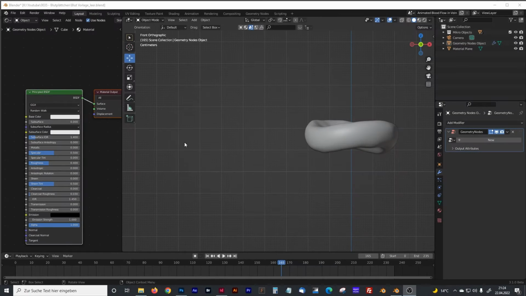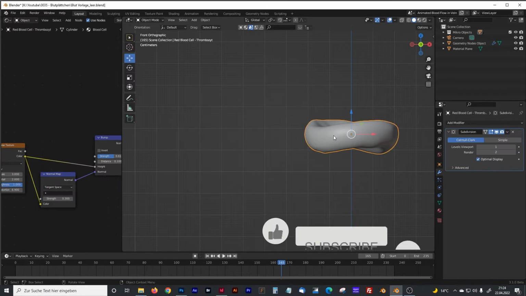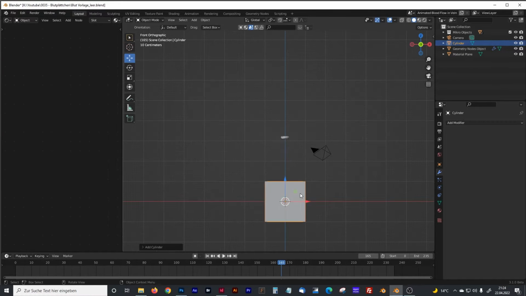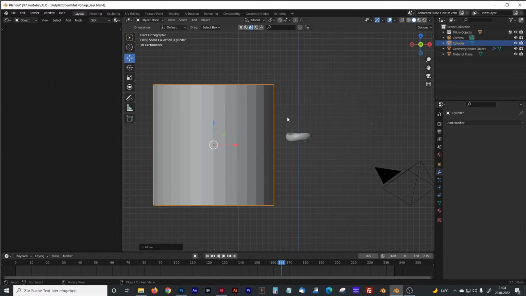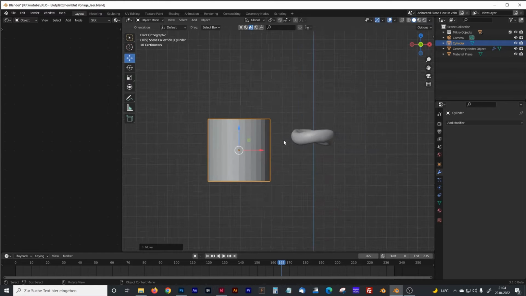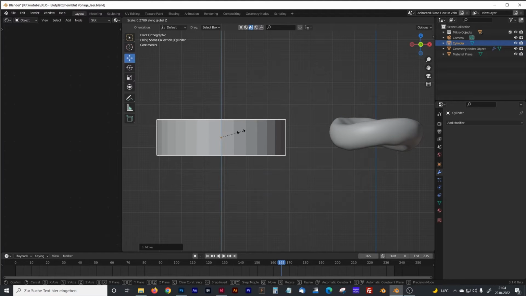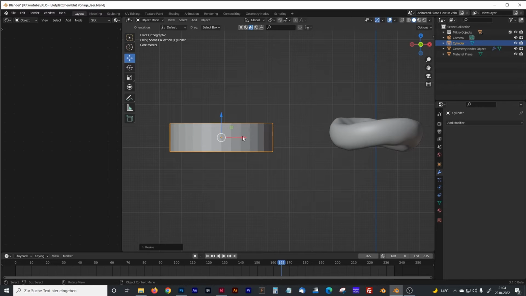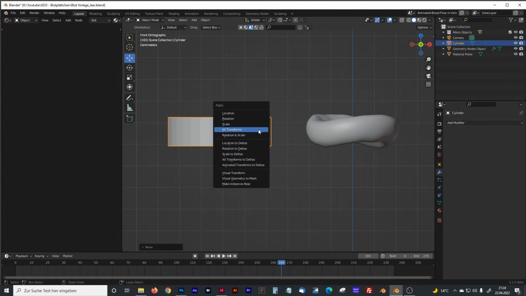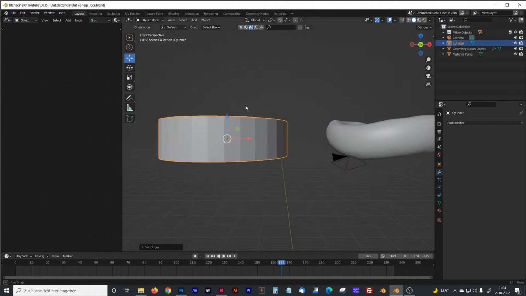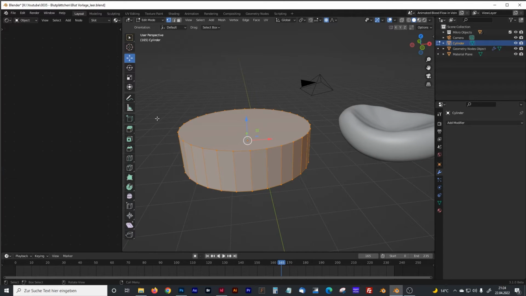So before we jump into geometry nodes, we will first have to model our blood cell, and we will do that with a cylinder. Let's move it next to our pre-modeled blood cell, and we scale it down until we have a similar shape like the right one. And now apply all transforms, origin to the middle of our object, and now we can